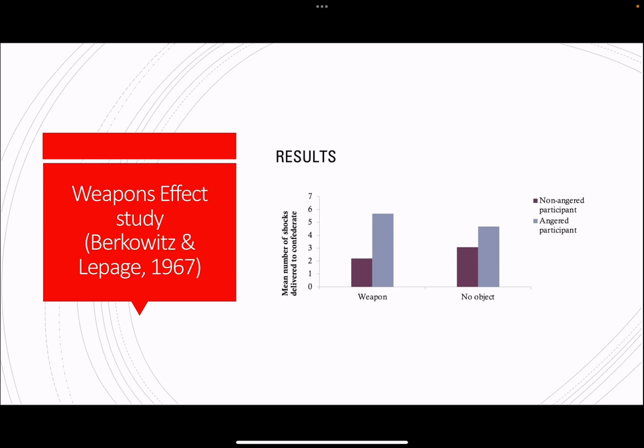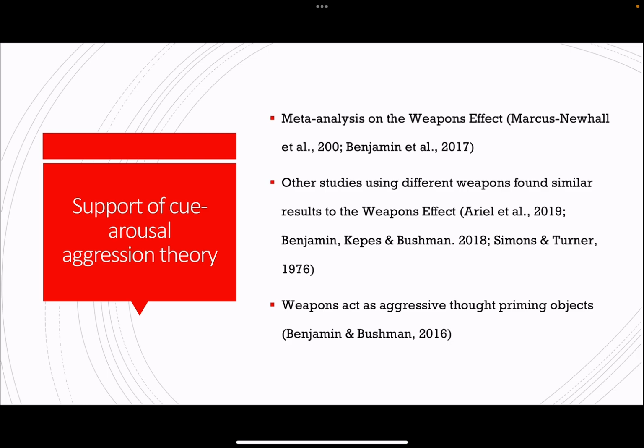In the experimental group, the presence of a weapon was near the shock key, such as a rifle or revolver. For the control group, there were only 2 badminton rackets near the key instead. The results suggested that there is a greater number of shocks given by the strongly aroused participants, those that received the 7 shocks and were in the presence of weapons. Therefore, it was concluded that weapons or aggressive stimulating apparatus increased aggressive responses.